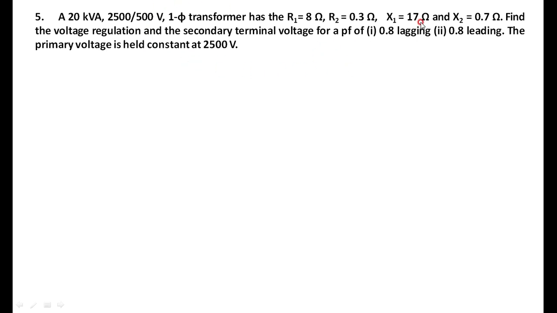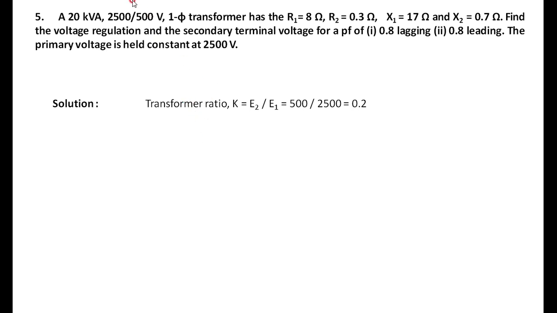For this particular loading condition, you have to find out the terminal voltage V2 across the load, and also the voltage regulation of the transformer. First you have to list out the data, then our intention is to find out the drops in the resistance and reactances. Then, knowing the rating of the transformer, we determine the full load currents. Just proceed with